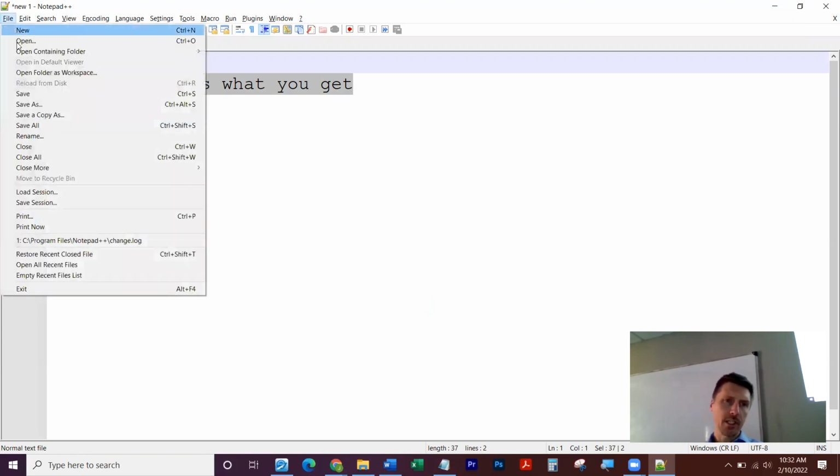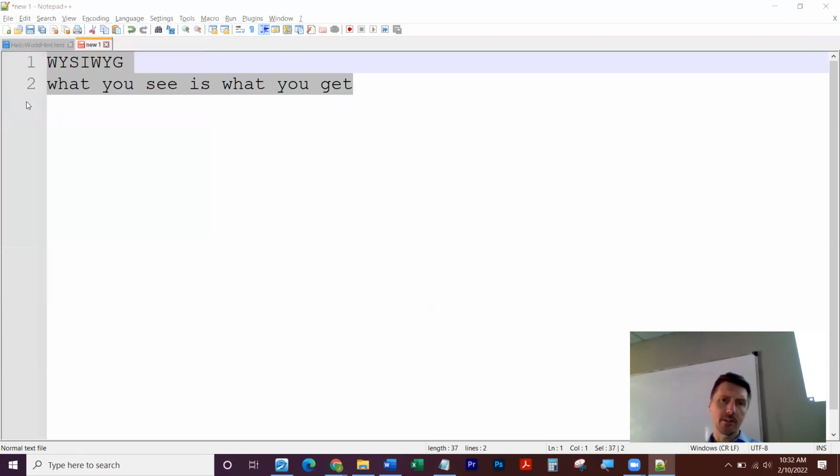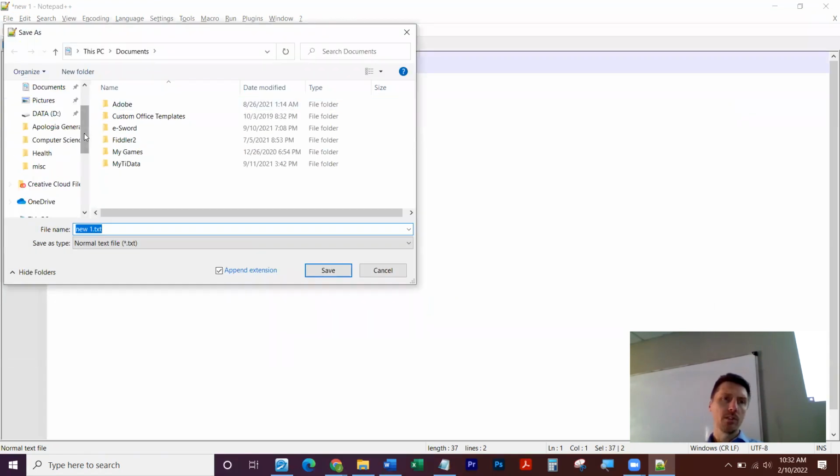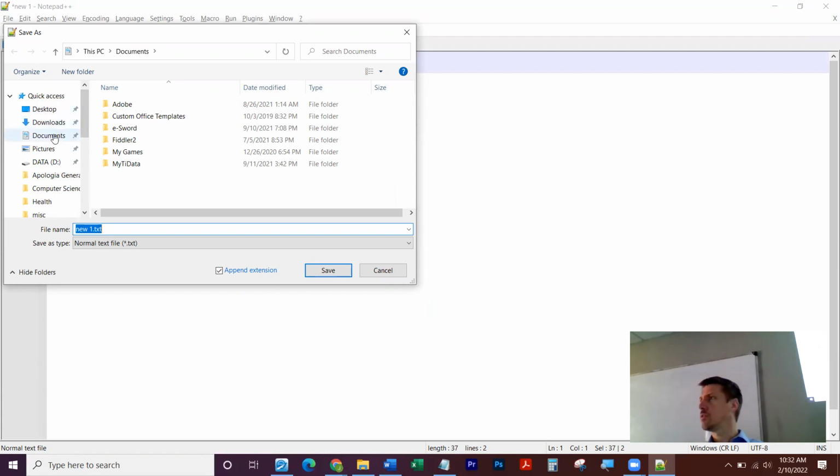this here as an HTML document, so I'm going to go to Save As, and I'm going to just save this on my desktop. You can save it wherever you want to. You know what? Let's save it in our documents. So all of you guys have Windows machines, so you should have a documents folder. That way they'll all be in the same place. So I want you to just create this new document, and I want you to save it in the documents folder. And I want you